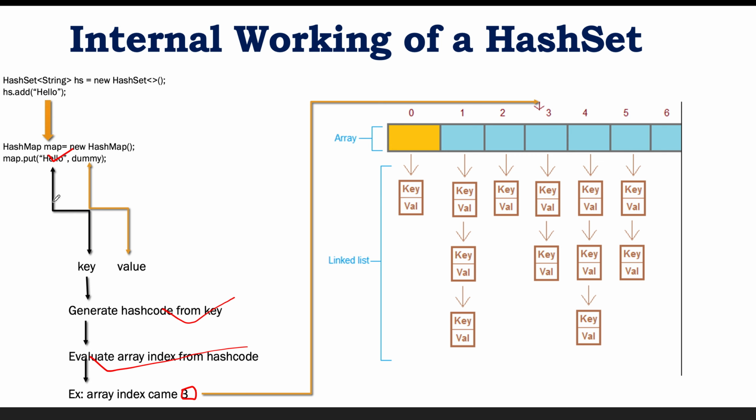Now let's say we are trying to insert some other value. Again it will get the key, generate the hash code, and try to get the index. Let's say this time it got 2. It will insert the element at the second position. Again, let's say we inserted some element, it calculated the hash code, and this time it got 1. It will insert the element in the first position, or you can say the first index. This is the general operation that is going to be performed.